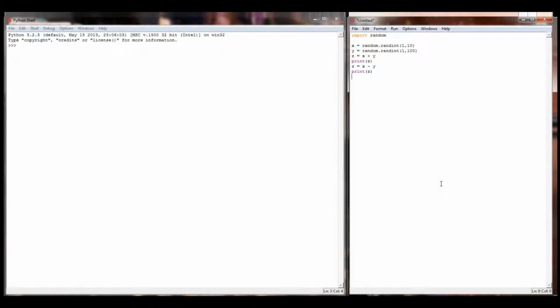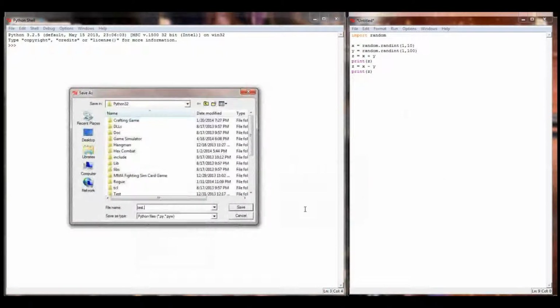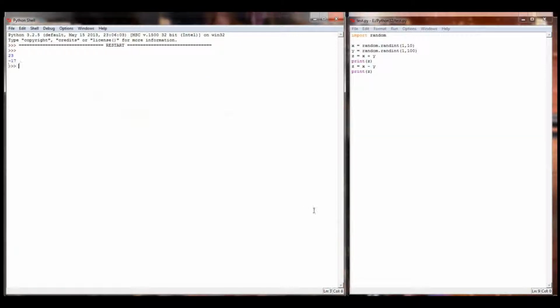This should be a fairly straightforward program for anybody who's followed the tutorial up to this point. We're just going to create two random numbers, add them together, and then store all of this information in different variables. So if I were to execute this program, save it as my test.py as normal, I look over here in my window on the left, the Python shell, and I see I get 23